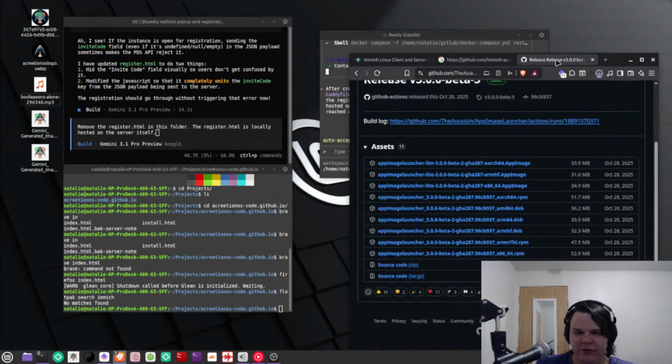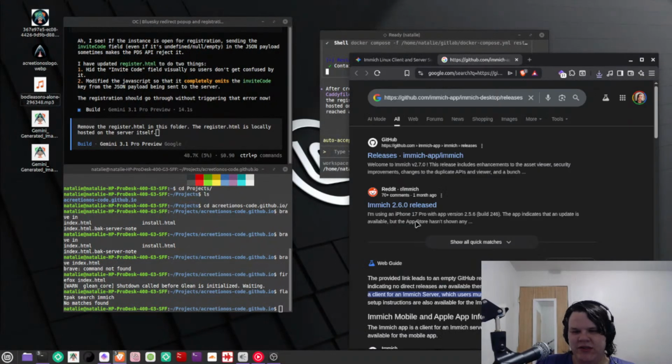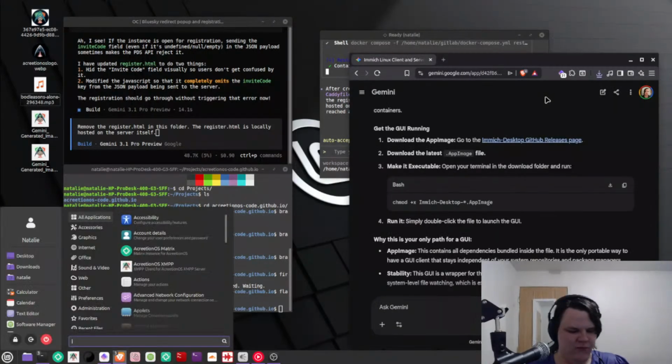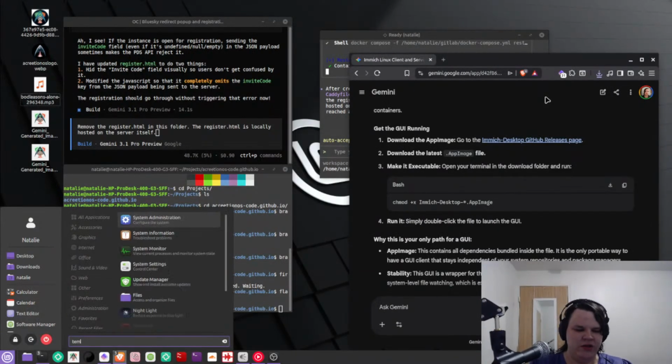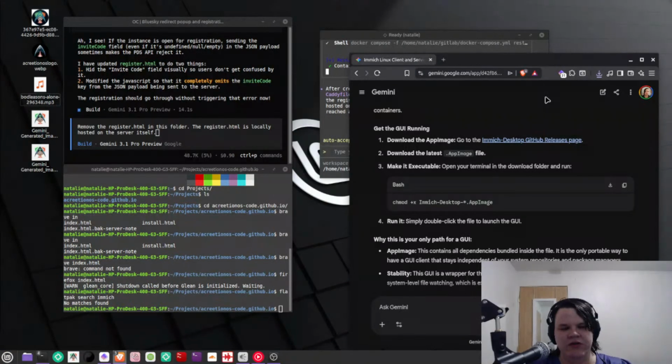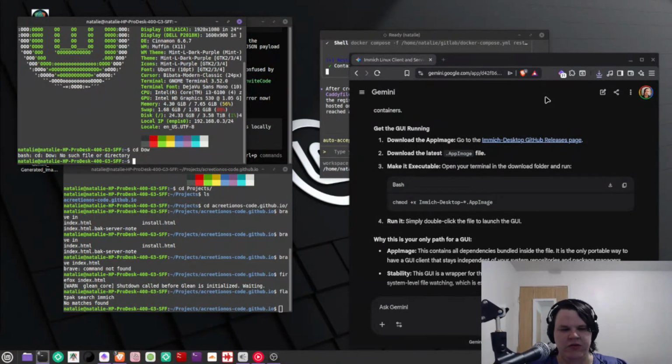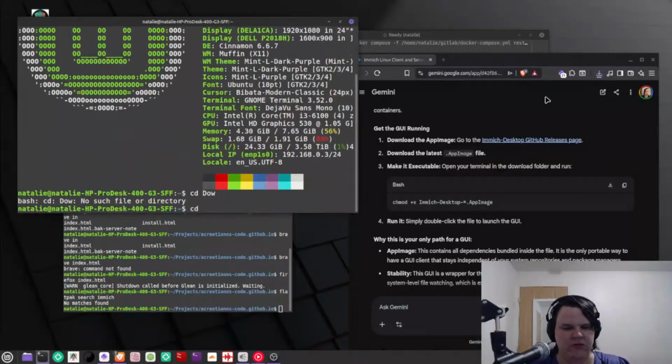I'm putting it in my download folder. Close this out. Kill that. And you'll open up a terminal window, because you're going to need to do this from the command line, or it'll try to use apt to do it. So you'll go into your download folder. Here, it's ++.